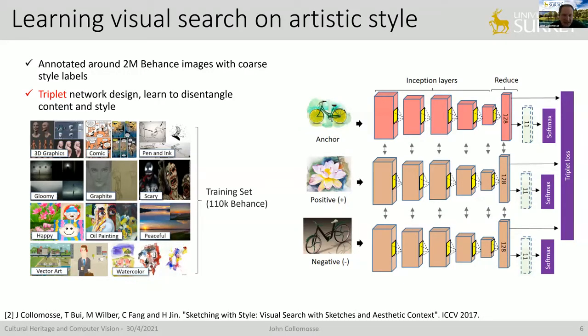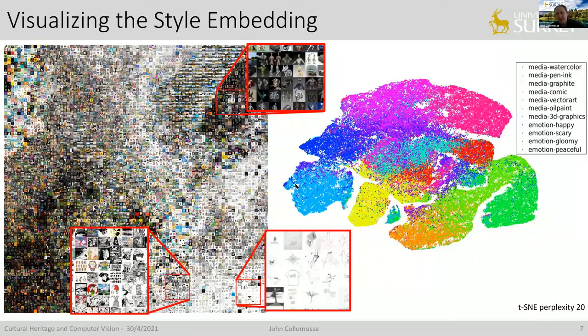On this slide, we're kind of mapping some of the collection there on Behance, and you can see that similar areas of this map correspond to similar visual styles. So we're picking out example images here on the left, but on the right-hand side, you can see this kind of color-coded map of the collection where different styles correspond to different colors. And you can see that similar styles are close together in what we call the embedding, which is what this neural network has learned, the way in which it learns to match these images.